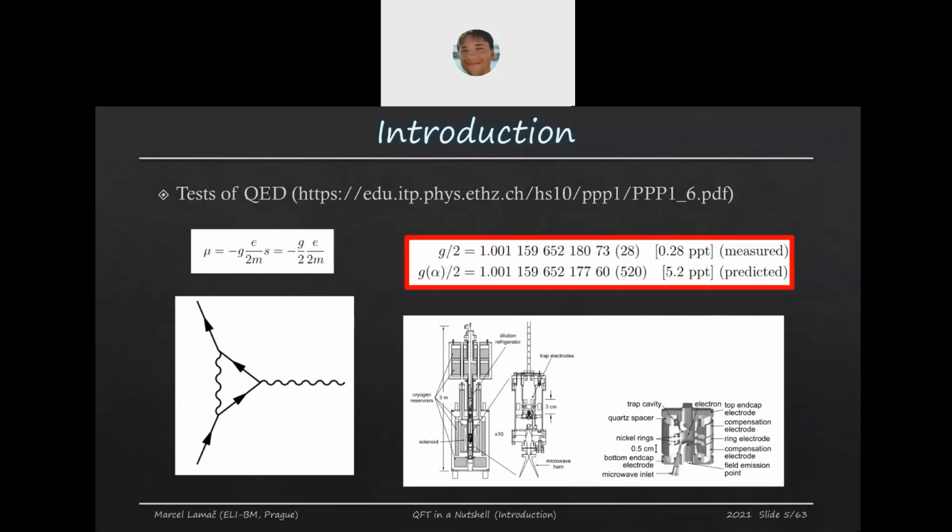When we place a magnetic moment in some magnetic field, obviously it starts to wobble. In quantum mechanics, when we place a magnetic moment in a homogeneous magnetic field, it gains some discrete energy levels, which in the case of the electron are usually in microwaves. So you can see on the lower right side of the slide that there is some contraption,